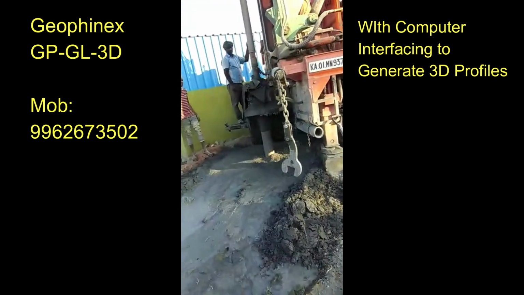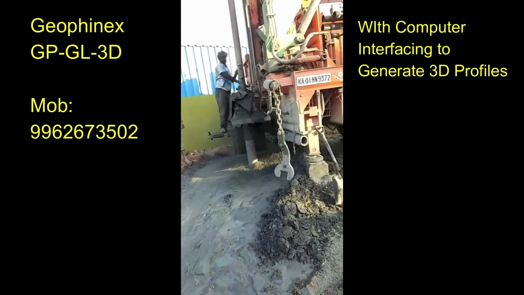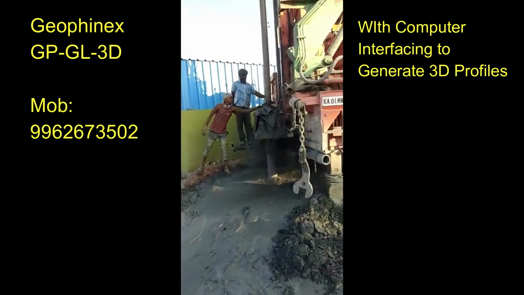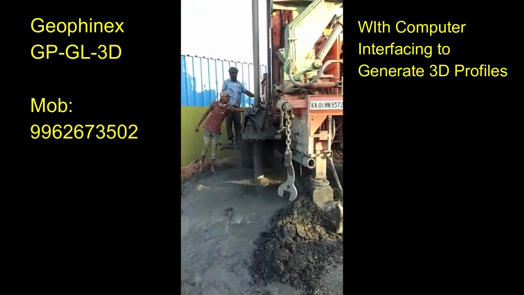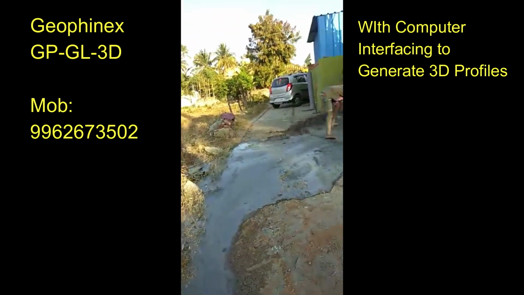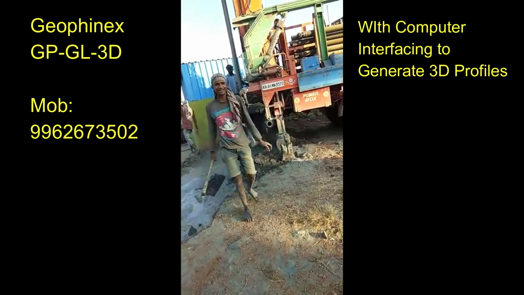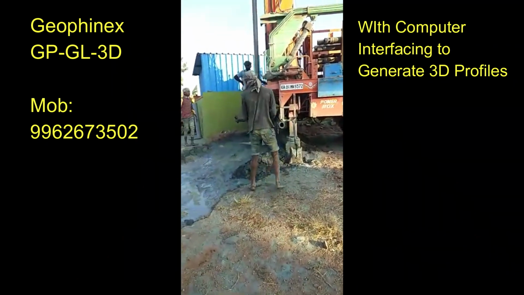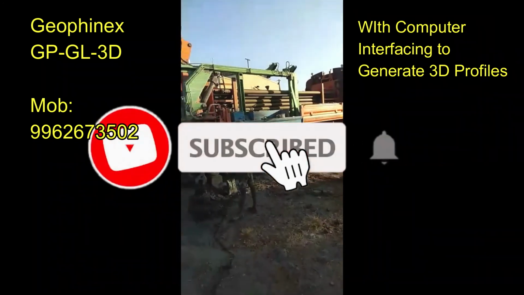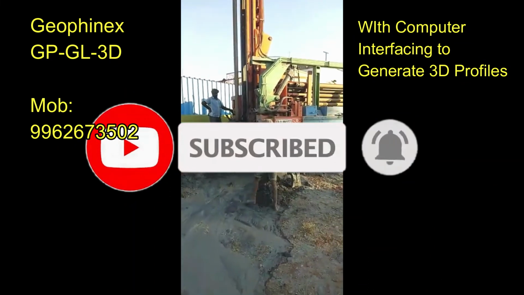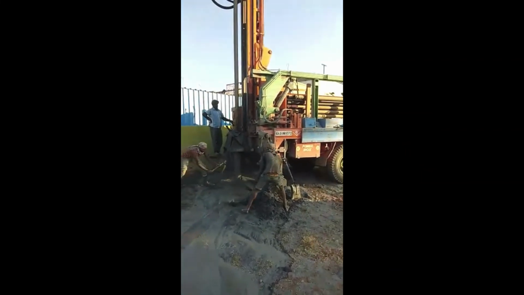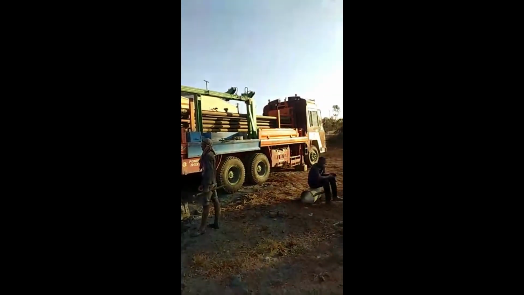Once this process is over, after the initial point location search and 3D profile generation, the drilling is made, and this is a very successful yield. You can see the yield over here. This is very good. As per the generated profile, at source point 2 we are able to get a good amount of water. Source 1 has a good amount of water, but source 2 has a very good amount of water.